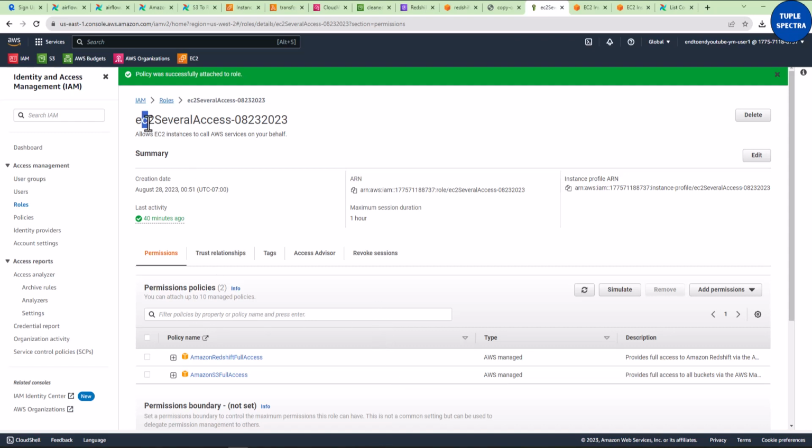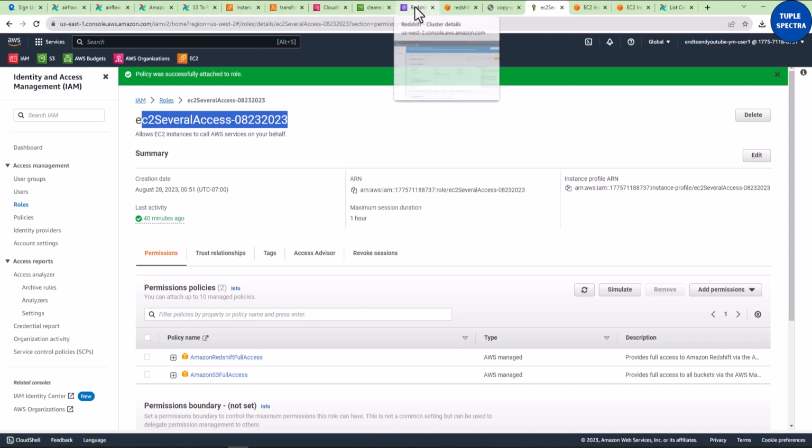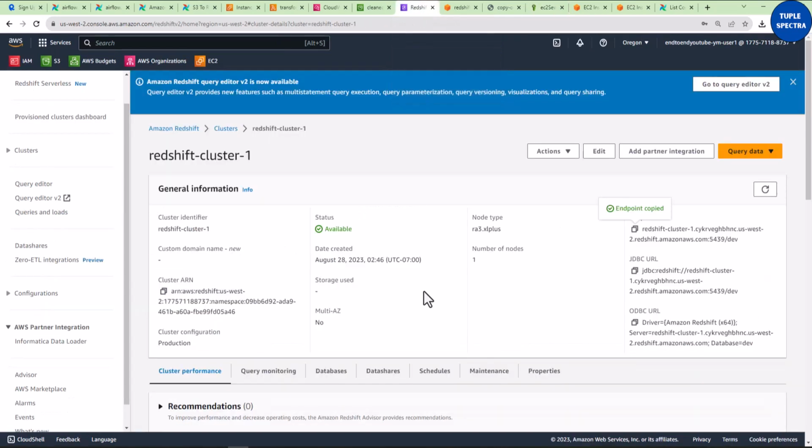Because if you take a look, we are only updating the rows right here. We've already attached this role to our EC2. So we updated it, giving it Redshift full access, okay? That is one thing. Another thing also is that we also need to go to our Redshift and update our